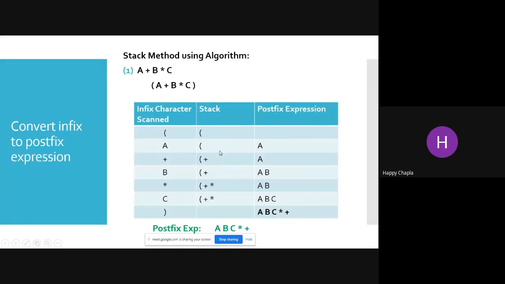Whatever elements I have in my stack, till the starting bracket is encountered, I have to pop out every element from the stack.